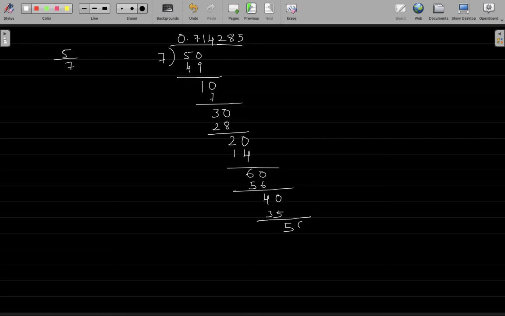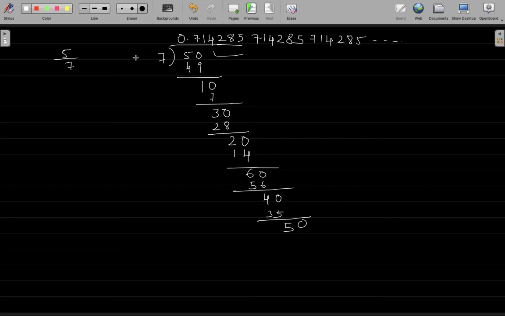But if you keep a 0 here, this is same as this 50 again. Again you start with 7. Again you will get another 1, 4, 2, 8, 5. This will repeat again. Again you will get a 50. Again you will start with 7. Again you will get 1, 4, 2, 8, 5. Again this process repeats. You understand?